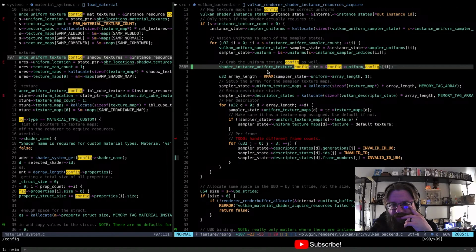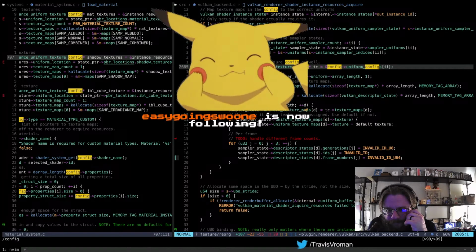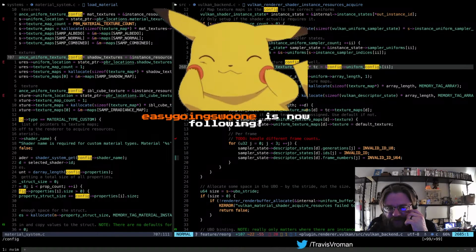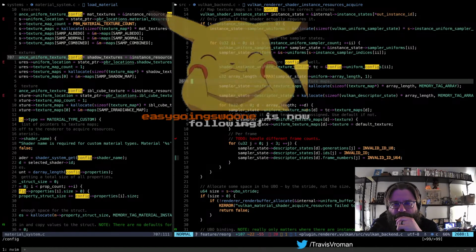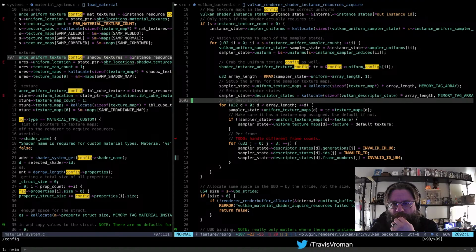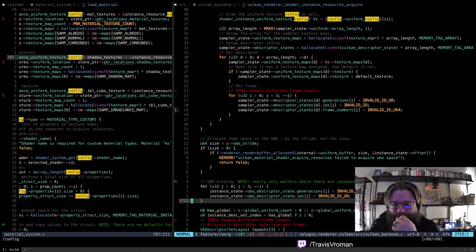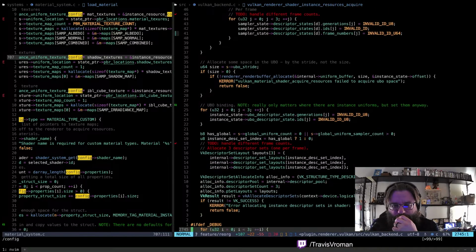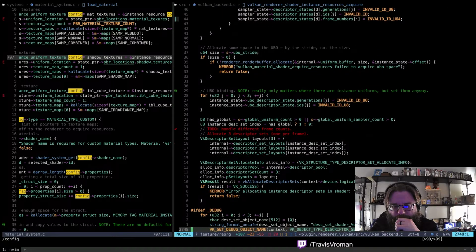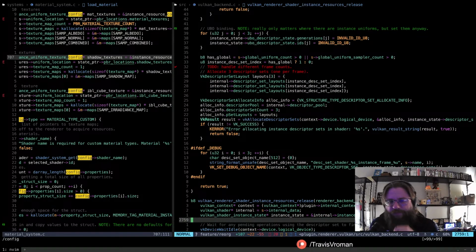Our uniform configs here. I don't see the uniform location being used here at all, actually. At least not yet. We might not actually need it. That would be neat.